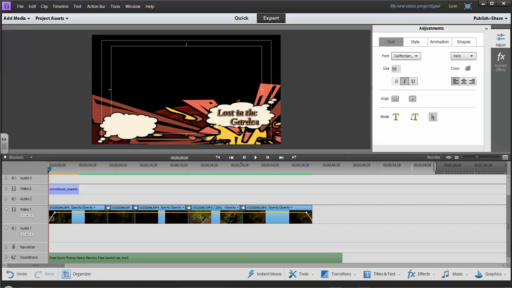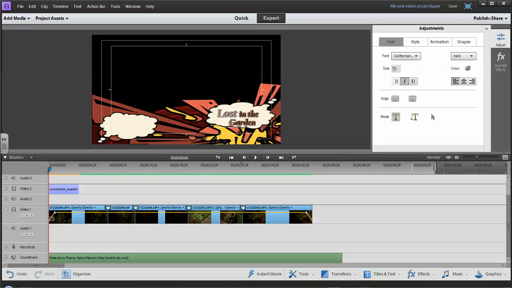Now, once you're set, you can go into the color and change things here. And there's a lot of different things you can do with the color. So I'm going to click on, and one thing I should say, you notice I'm clicked on it with my black arrow. All I have to do is click on the letters, it will select it, and then any of these things can be applied to the text. I could also click and highlight, say, just one word and just change that as well. So if I wanted to say emphasize the word lost, I can make lost bigger than the others